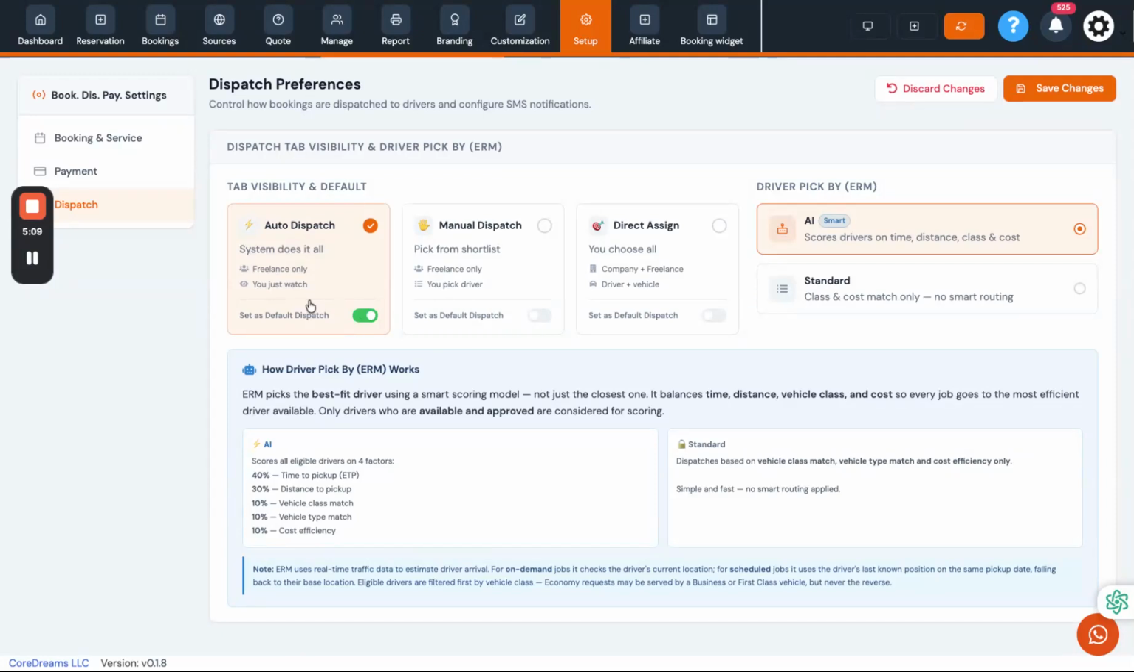Instead of tracking live GPS, the system checks the driver's last known job location on that specific calendar date to predict where they will be when the trip starts. And on the basis of this, the system will broadcast the job to all the available drivers in a tier. And the job will be dispatched